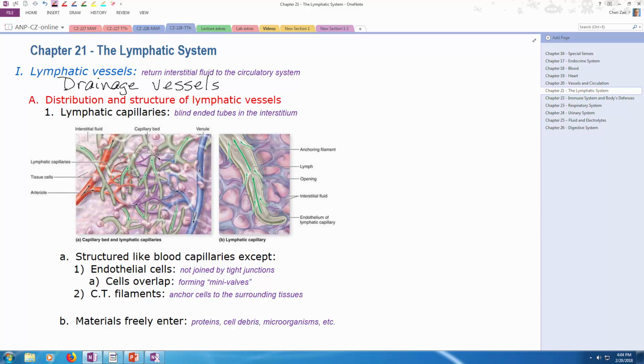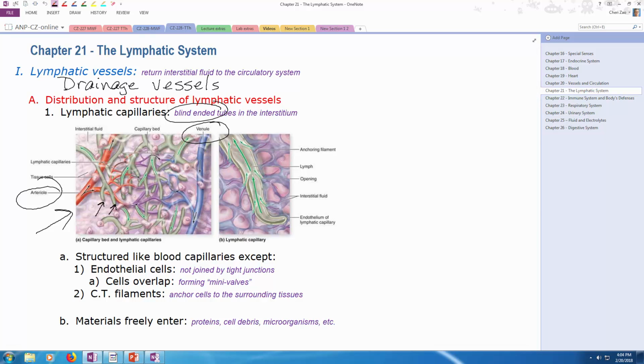And our notes say lymphatic capillaries are interesting because they are blind-ended. So our regular capillary bed goes from an arterial side to the capillary bed to then the venule side. Well, with our lymphatic capillaries, the only start is the very beginning of the capillaries. There's nothing that they are actually in between other than they're sitting in that interstitial fluid. So we have our picture here, which is showing the arterial side and then the venule side and the capillary bed in between. And now interwoven are these blind-ended tubes